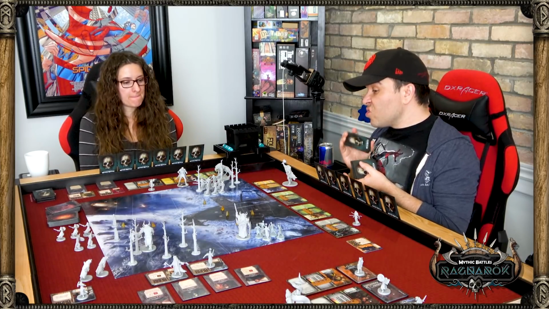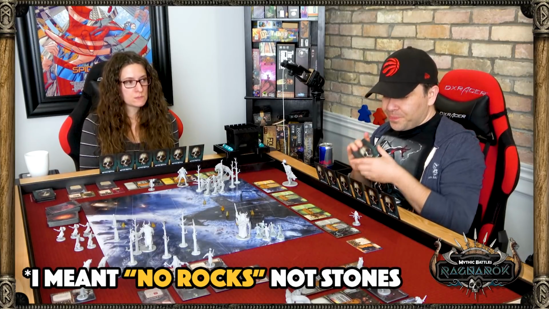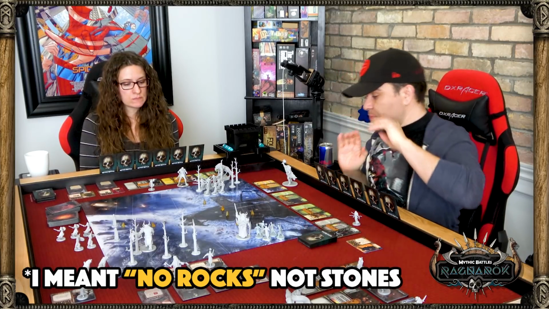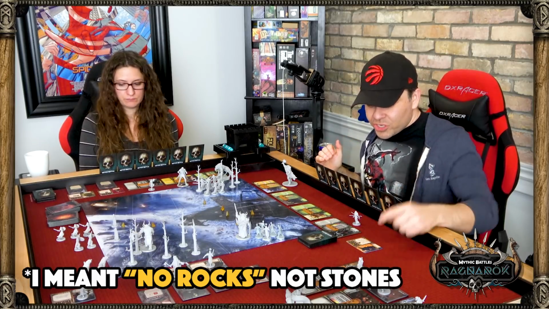And on this board, there are no stones. So Ascend doesn't do anything for us. So there you go, that's done. And every character also has talents, which are written...